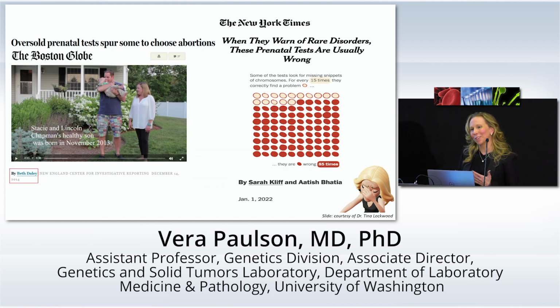Maybe some of you are familiar with lay press talking about these tests. Back in 2014, it was why trisomy screening this way was bad, and most recently in 2022, this article came out in the New York Times basically saying that women were being told that they had these abnormal pregnancies due to microduplications and deletions, and they weren't being counseled appropriately, essentially, is what was happening. There is a false positive risk here, in particular for things that are very rare in the population that you have to take into consideration.